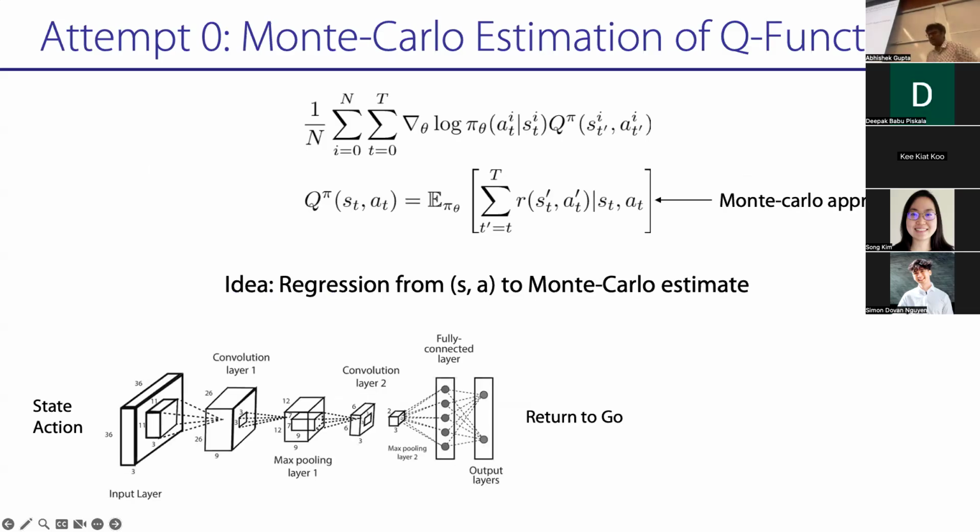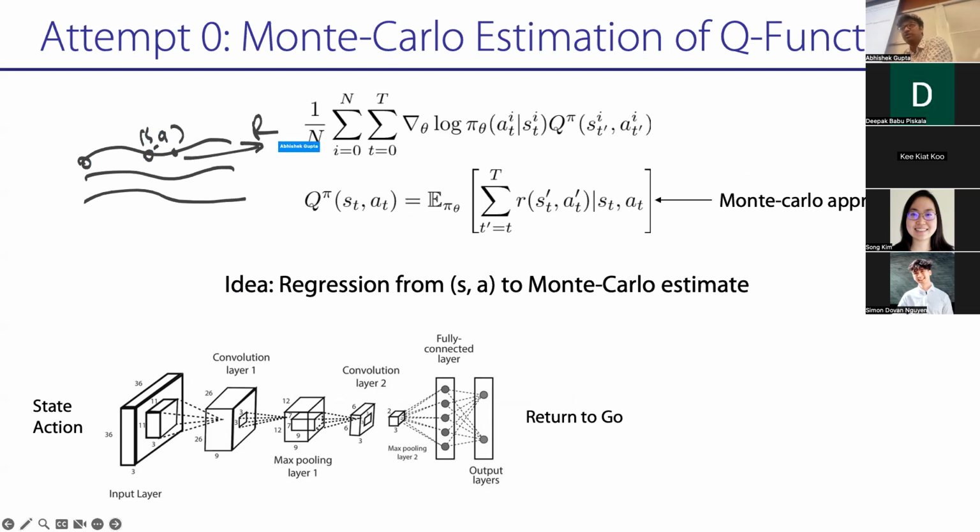Like you basically say, I'm going to take a bunch of samples, right? For each of the samples, S and A, I'm going to compute the sum of rewards in the future, and I'm just going to do regression, right? I'm going to minimize Q of S,A minus the sum of rewards over N trajectories, right? So I just run my policy in the world. I minimize this over some bunch of trajectories, and I can get a Q function, right?